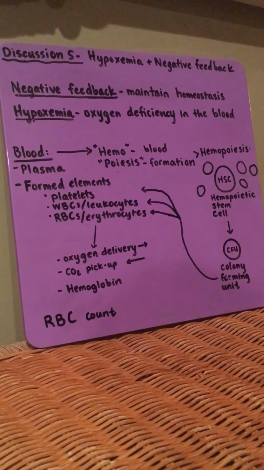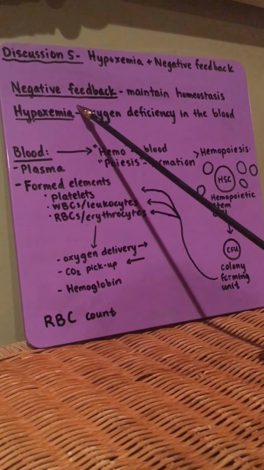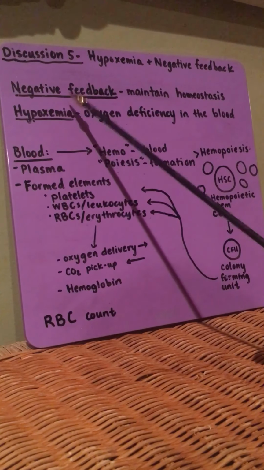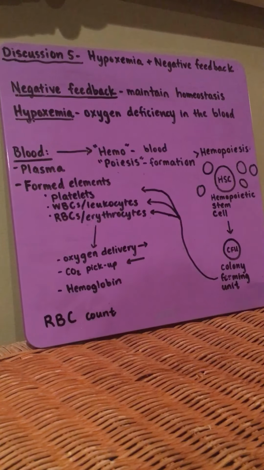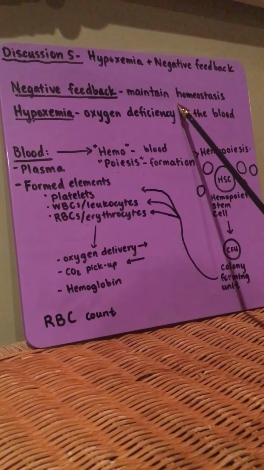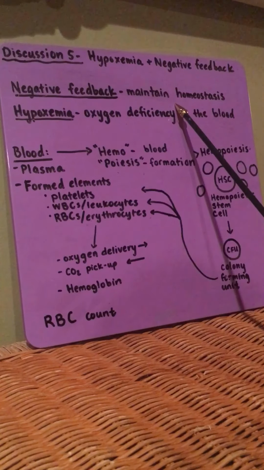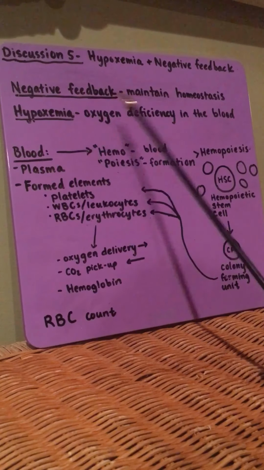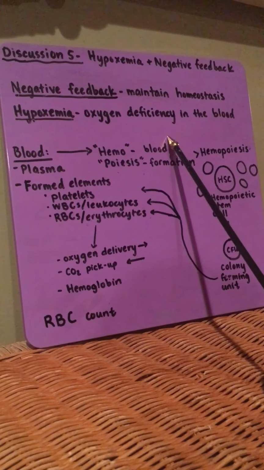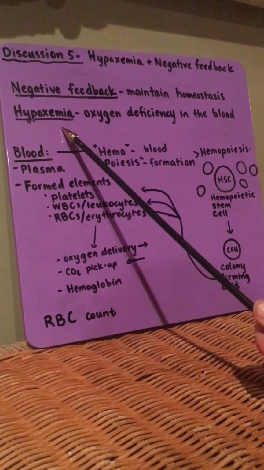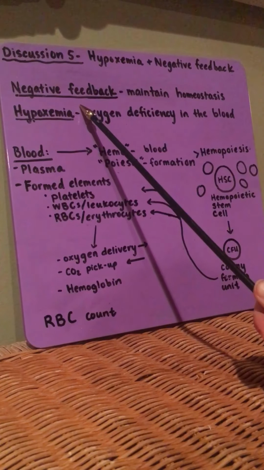As we learned way back in Chapter 1, negative feedback occurs when the body senses a change and activates mechanisms that negate or reverse it to restabilize. The purpose of negative feedback is to maintain homeostasis in the body. Hypoxemia is a state of oxygen deficiency in the blood. Therefore, the body being in a state of hypoxemia would result in a negative feedback loop to get the body